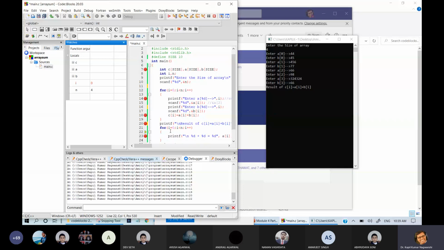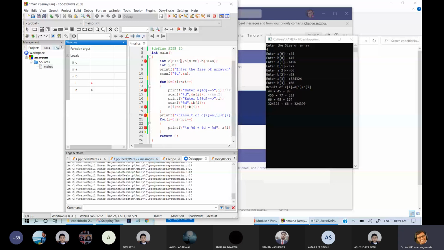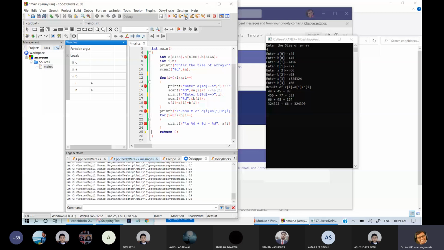The next line is again where the for loop will start execution, and then the first execution. Okay, first for loop execution, then come to the next for loop execution. So here you can see the cursor is, and now it will come to return 0, and finally as soon as I press this, it will exit from debug and all the variables will be cleared now.